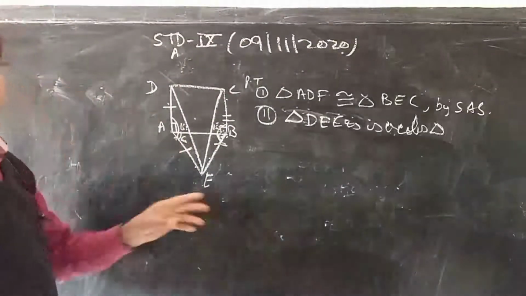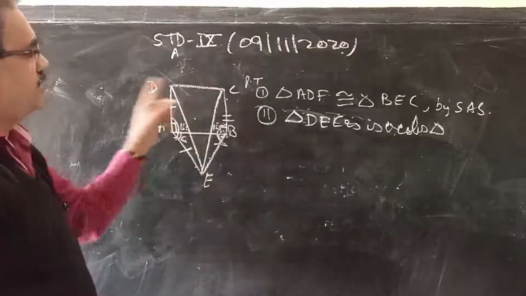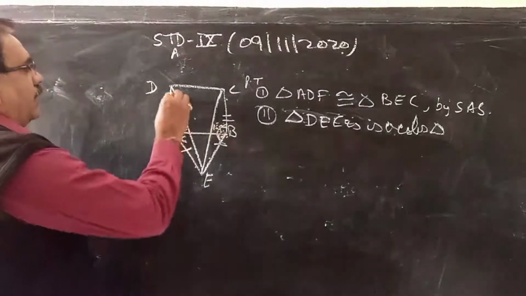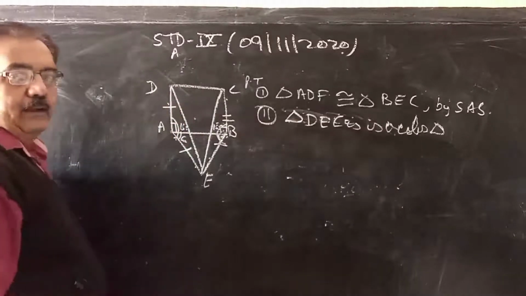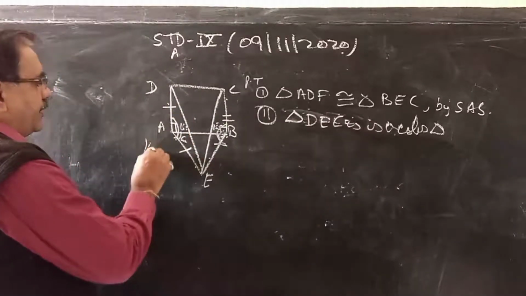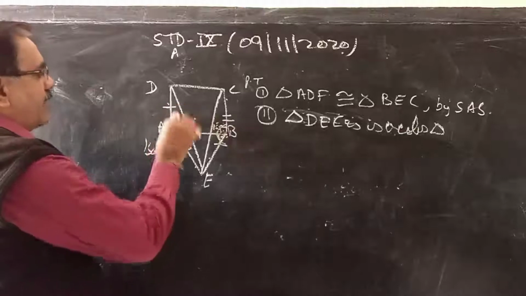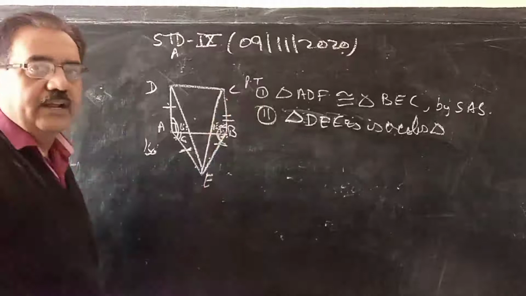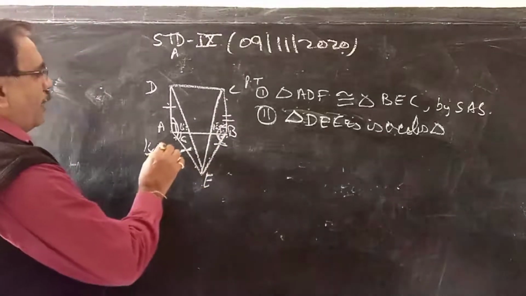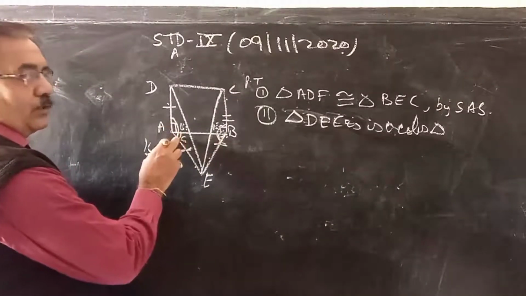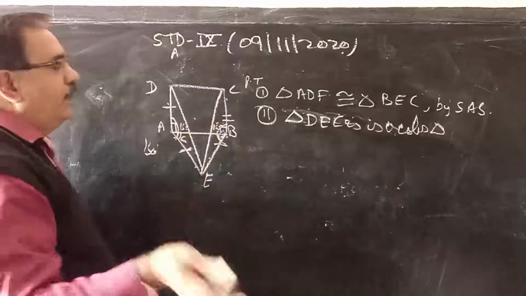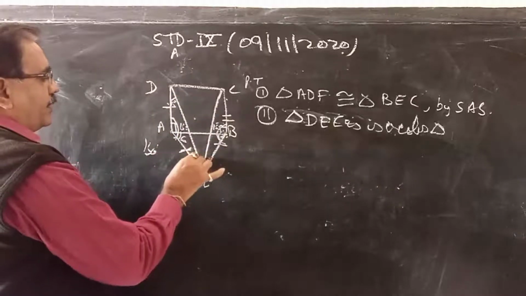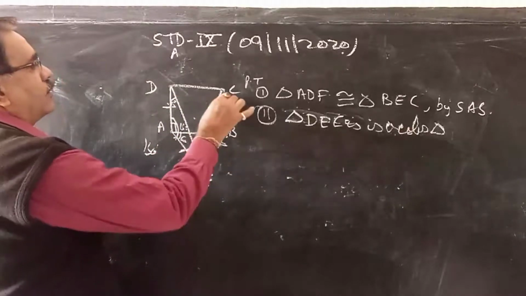Right. Now we have to show that this is an isosceles triangle. Which one? DEC. Is it isosceles? See, out of the three angles of a triangle, one angle is 150 degree. And this side and this side are equal. It means this is an isosceles triangle, this is also an isosceles triangle. Then the remaining angle, out of 180, since one angle is 150, the remaining is 30 degree. 30 degree will be divided into two parts, 15 degree and 15 degree. This is 15 degree, this is also 15 degree.